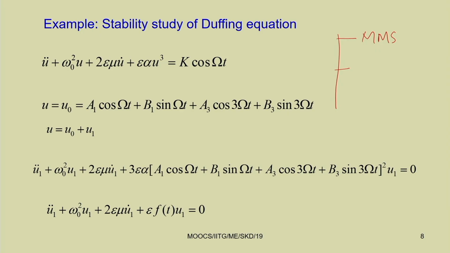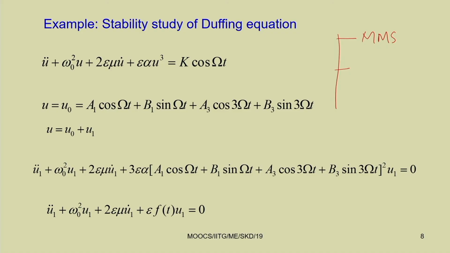For example, while we have used this method of multiple scales, in that case we got the reduced equation. By perturbing those reduced equations, we got the Jacobian matrix, and by finding the eigenvalues of the Jacobian matrix, we studied the stability. But if we are going to use, for example, the harmonic balance method,